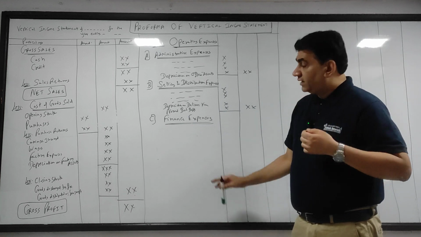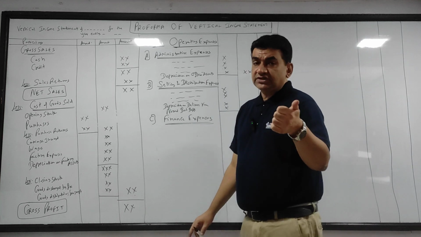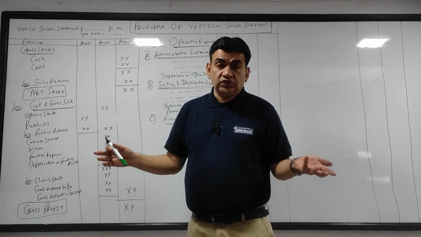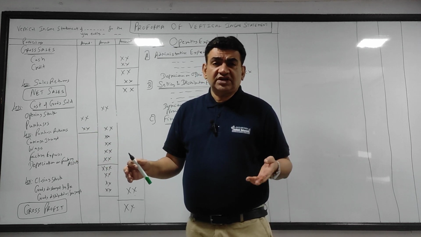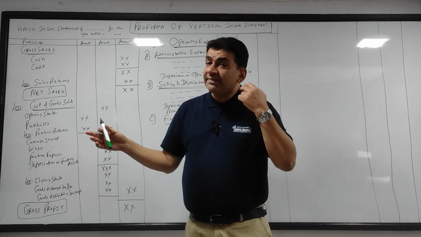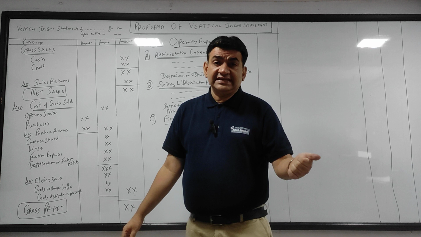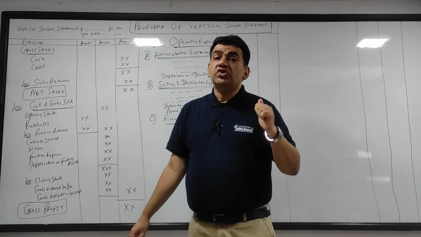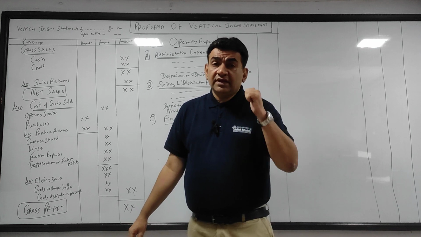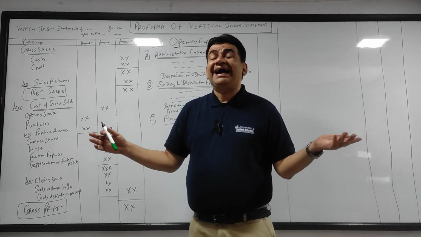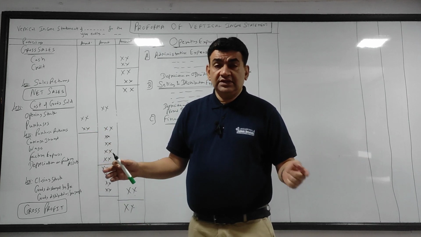So what all comes here? List देता हूँ, I just tell you. Bank charges, you have account in bank, they charge you checkbook charges, SMS charges, किसी को direct payment किया उसका charges, demand draft charges, bank charges, interest on bank overdraft. Bank overdraft is a short term loan. Interest on other short term loans. Now listen,